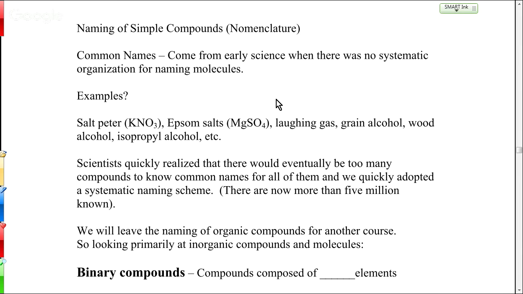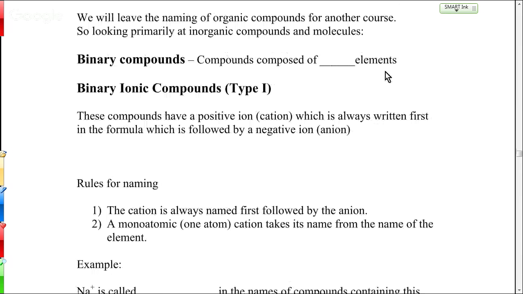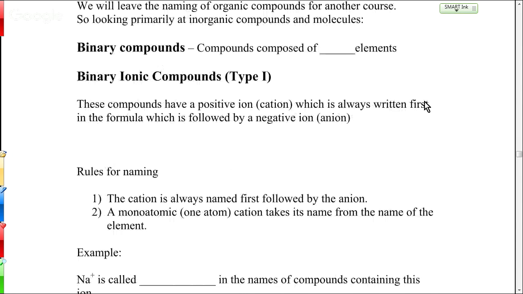So we don't want to memorize all these individual names. It's going to be a lot more efficient if we could just memorize some rules that always apply to all the compounds and then work back and forth, assuming we know those rules. So we're going to start simple, and we're going to progressively build. There's basically four categories that we're going to put compounds in. And we'll start with binary compounds. Now, binary compounds are compounds composed of how many elements? Two, right? Two elements.